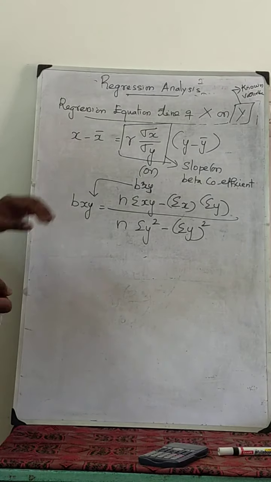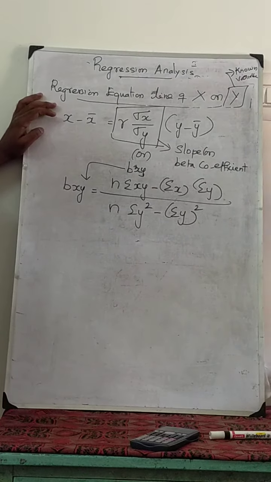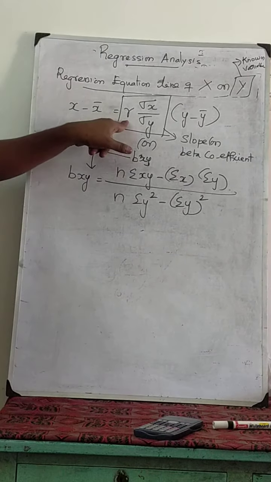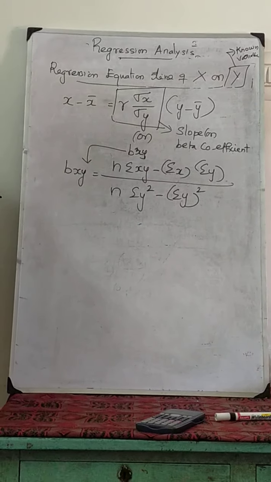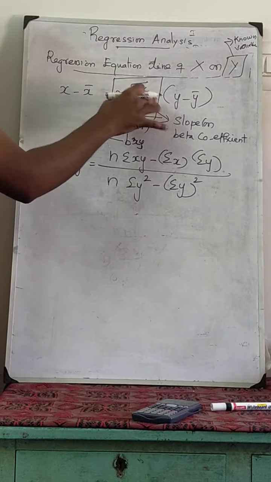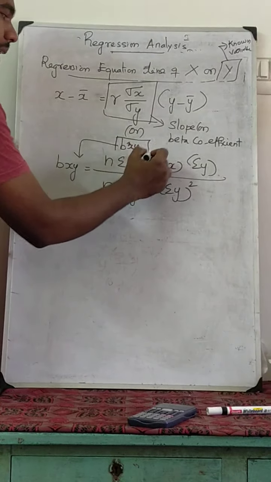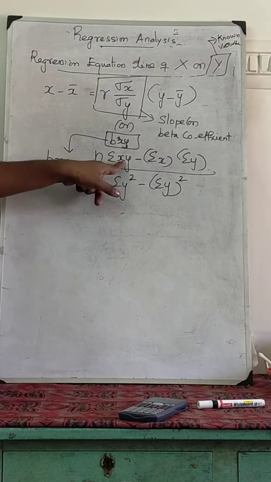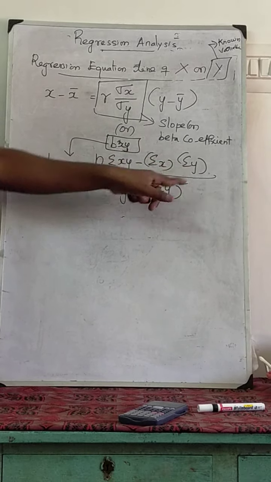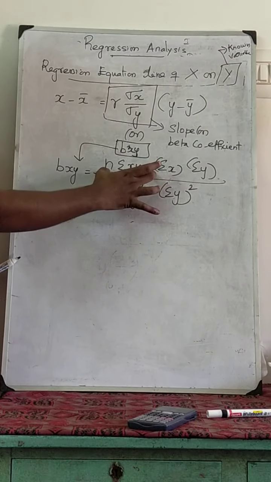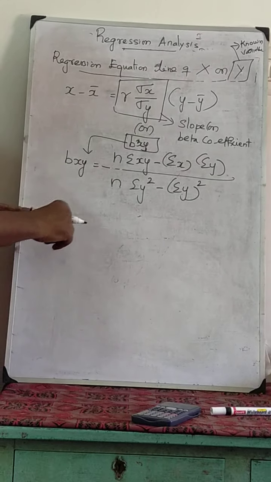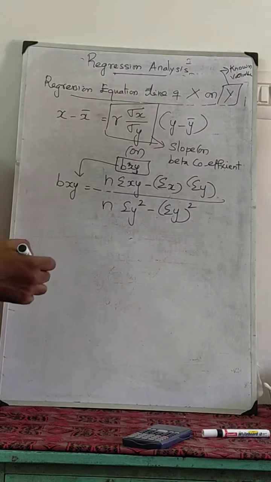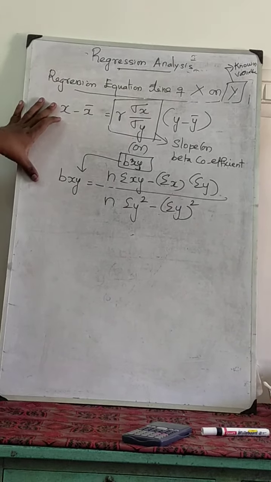Okay, so now this is the standard regression equation line of x and y. Why I have written this is because sometimes it will be given in the problem according to these things. Now if it is not given like this in the problem, we have to go for this bxy. So we find bxy using this formula: n into sigma xy minus sigma x sigma y, the numerator we have already discussed in the correlation analysis, divided by the unknown value, n into sigma y square minus sigma y whole square. So this is the regression equation line of x on y.